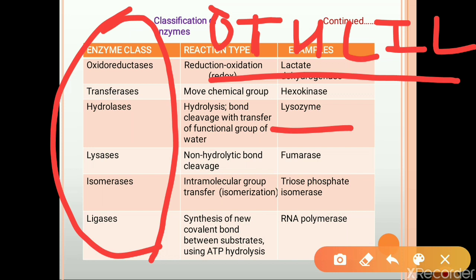So the last class is ligases. Ligases work in the presence of ATP. They synthesize a new covalent bond. Here is an example, RNA polymerase. There is also one example of